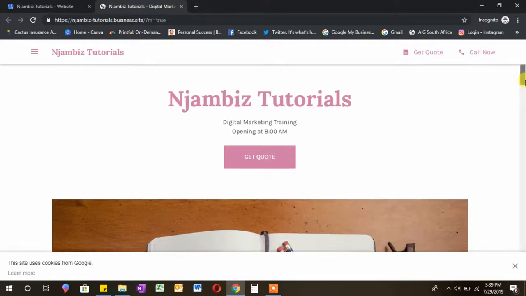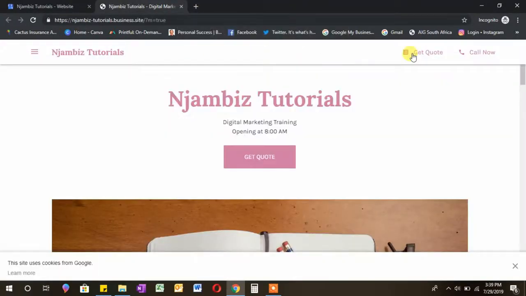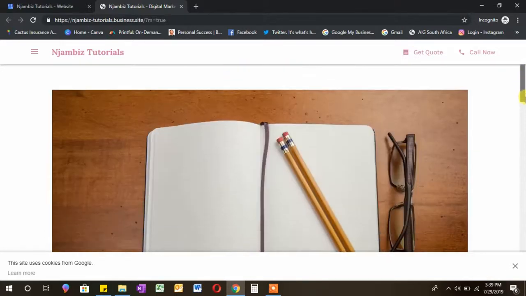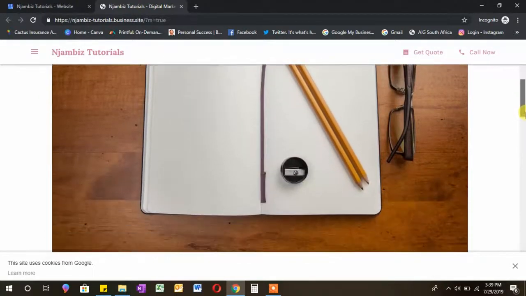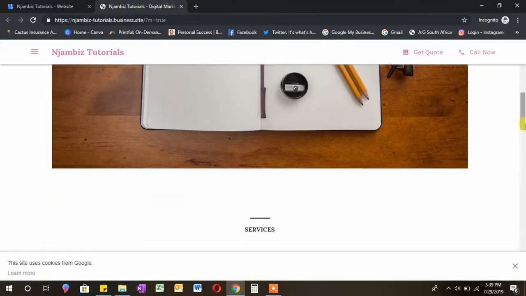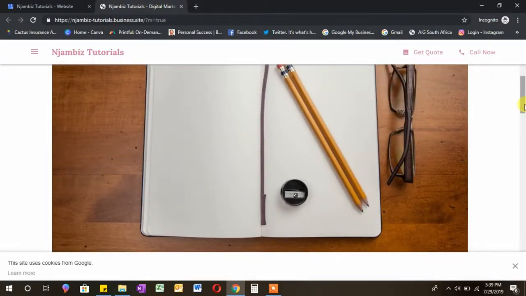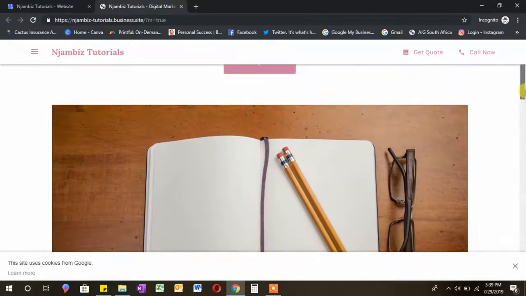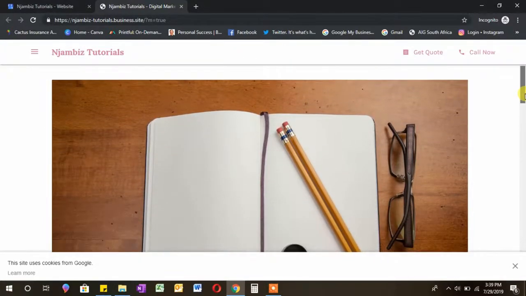And then get quote, call now. You can call the number. So I'll just close this. Can call the number I set up under my business, and then you have the header, which you can change. You can create a fresh header. Check out the Canva tutorials I did for creating banners, posters, and all these headers. I have a video to that. I'll link it in the top right and put it in the description box, what you can use to create